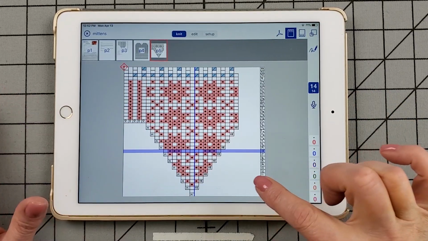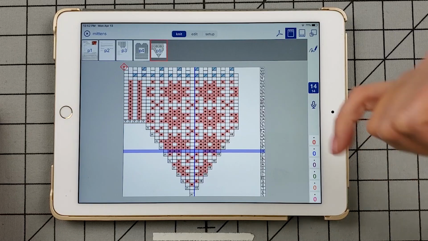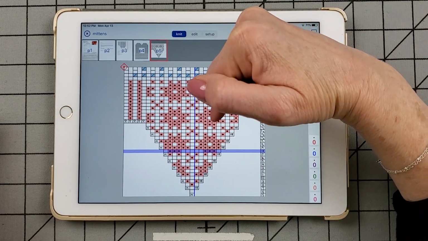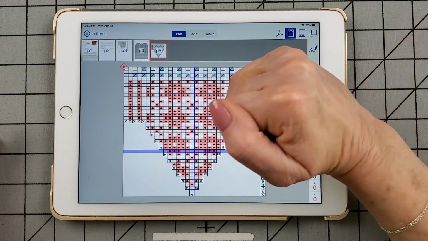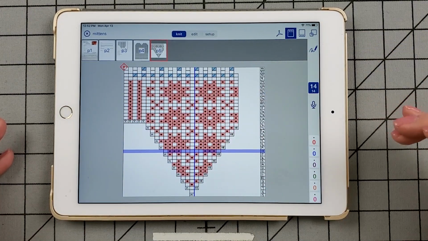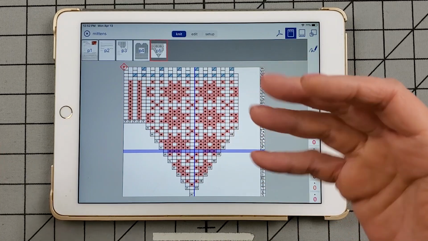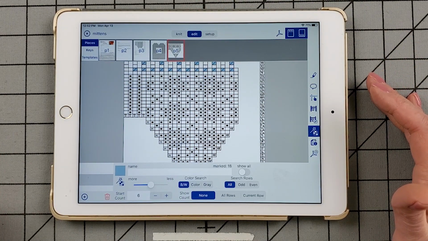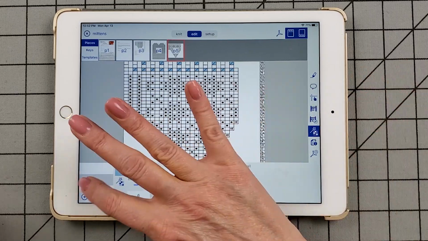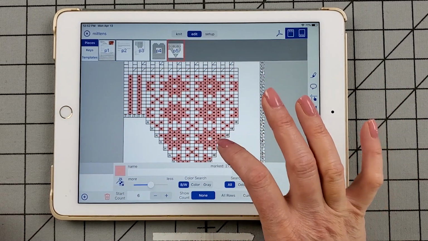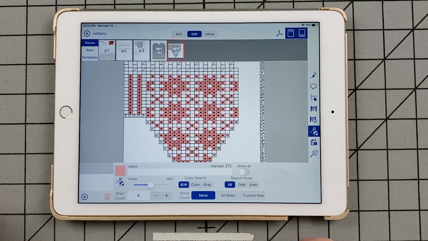Okay, there's something else in here. One more thing. Sometimes you have a run of stitches, in the markers I mean. Sometimes you have a run of stitches, and so you're looking at your chart, 1, 2, 3, 4, 5, 6. Okay, so you're counting all these when you could just have the software tell you, right? So edit, and I want to edit the other one. Okay. I want it to tell me when there is a run of stitches of 6 or